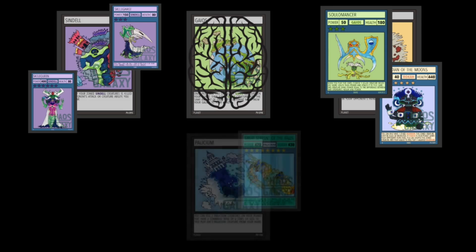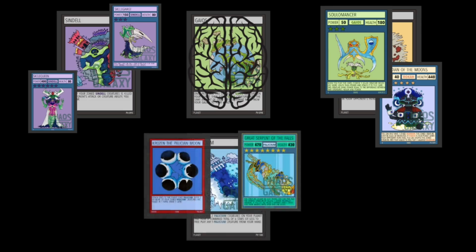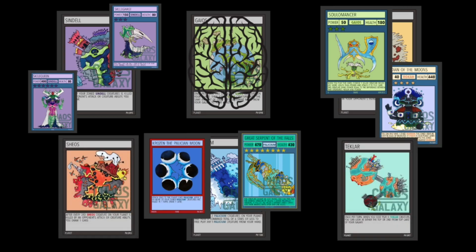So, what did post-set 5 format lasting from November 6, 2022 to July 31st, 2023 look like? Well, the top planets were Sindel with the Skele combo deck, Gaios Mind Control and Mid-Range, and Roko with Scardians and Solomancer. Pelisium found a way to stay meta with new Crozon strategies and still generally strong creatures. Barrow fell off. Shultz and Tekla are one or two strong cards away from being meta. And Sidian...